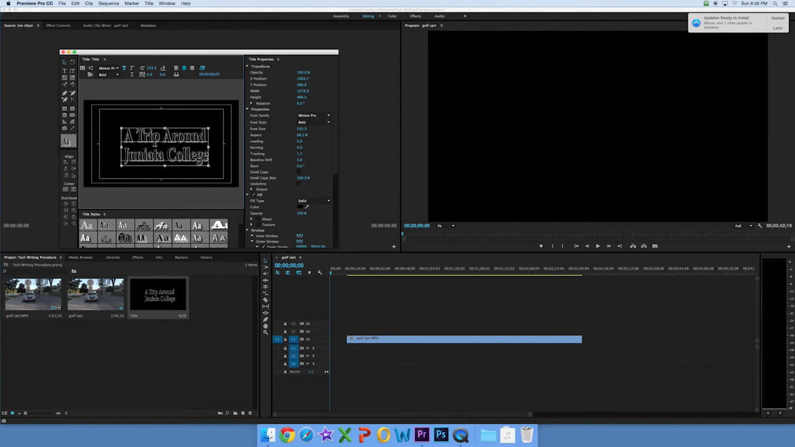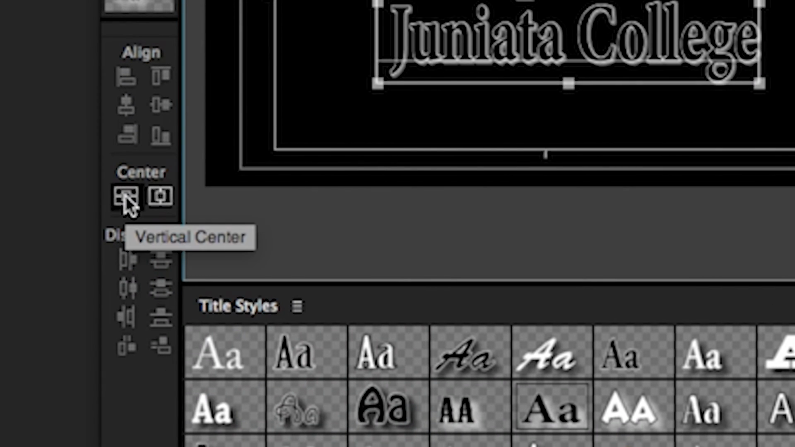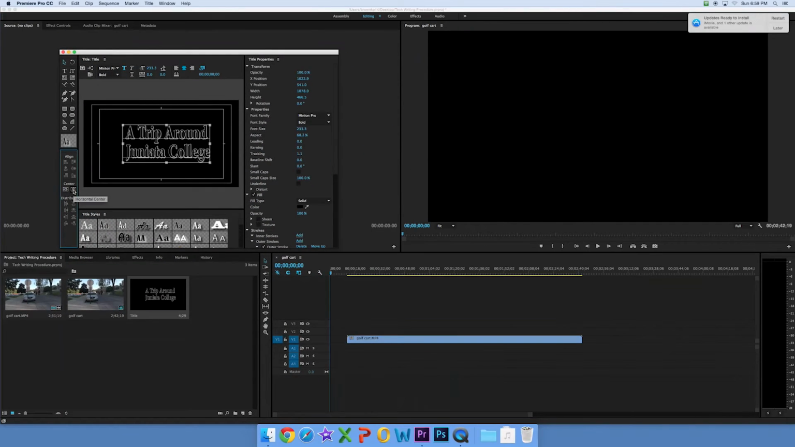To move the text box around on your screen, click anywhere inside of the text box with your cursor, hold and drag, and you should be able to move it around various parts of the screen or even off the screen. If you want your title to be centered on the screen, you can use these buttons over here to center it vertically and horizontally. So once you're satisfied with your title, just exit out of the title design window,